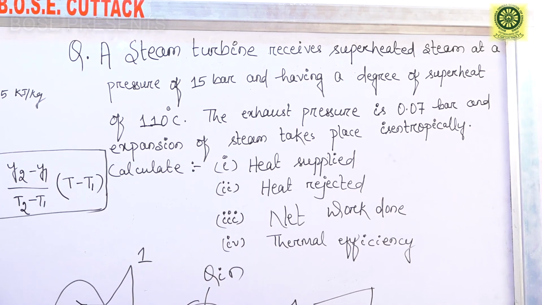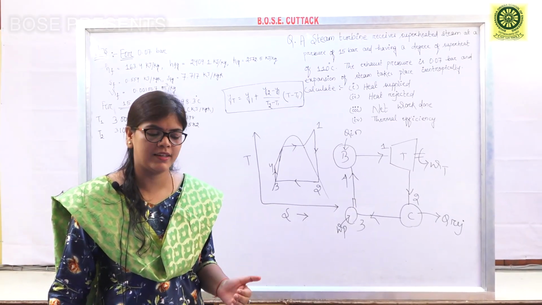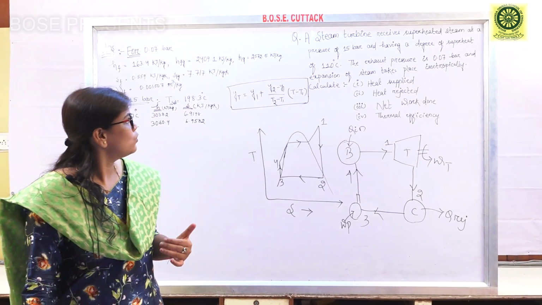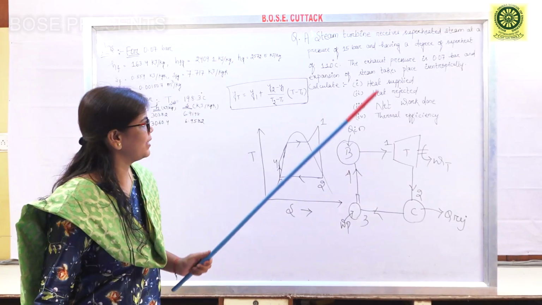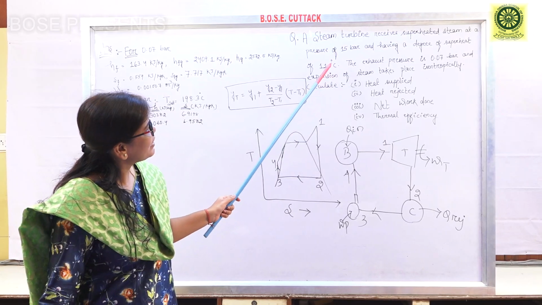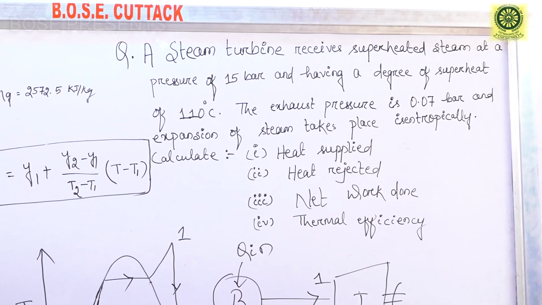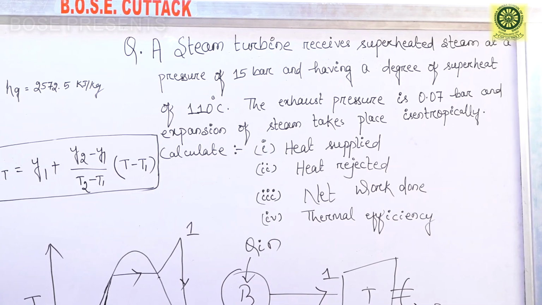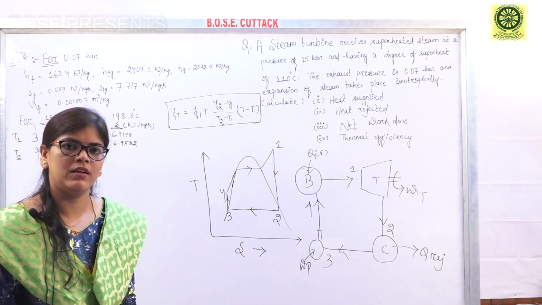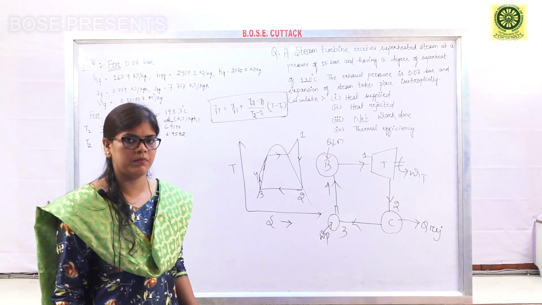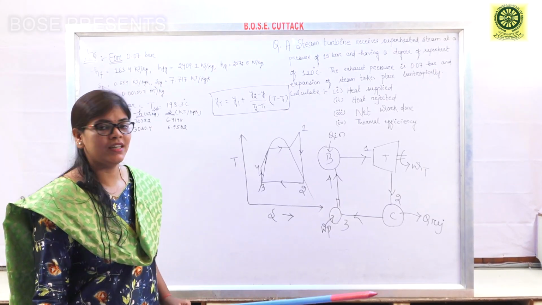Before proceeding to the question, I want to tell you how you are going to know that this question is based on the Rankine cycle. For that you should read the question carefully. In this question it is not mentioned that it is Rankine cycle based, but in your steam power cycle you have studied two cycles, one is the Carnot cycle and another is the Rankine cycle. In the Carnot cycle, up to saturated steam or wet steam it performs accurately and gives good results, but superheated steam it can't handle. It fails for that.